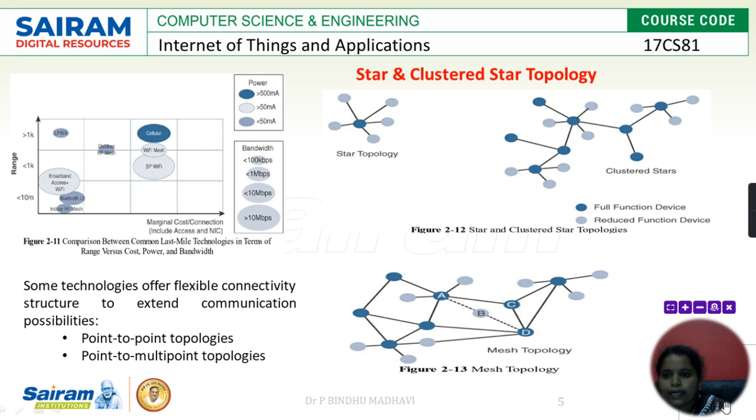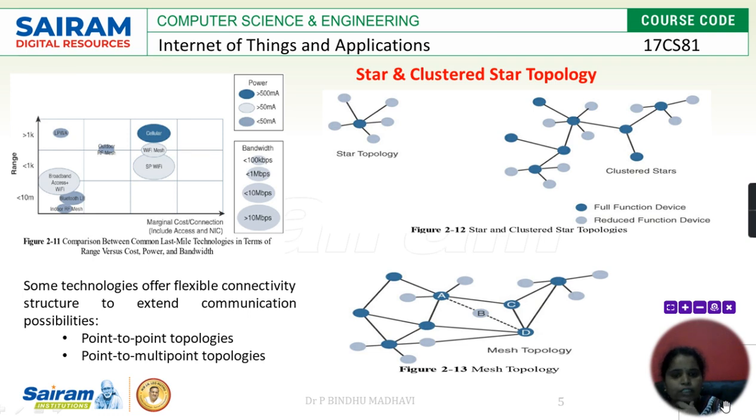If you look at the diagram, it's simply a comparison between different types of technologies based on cost, power and bandwidth. So wireless cellular network, then mesh topology, then Wi-Fi with different ranges, everything you could see here. This comparison shows how the technology transition has taken place over the previous years, based on cost, power and bandwidth. So we know different types of topologies, right? All these topologies allow us to connect with the network.